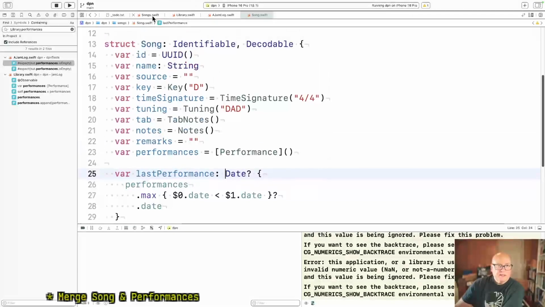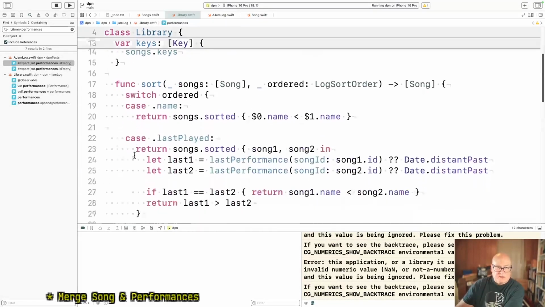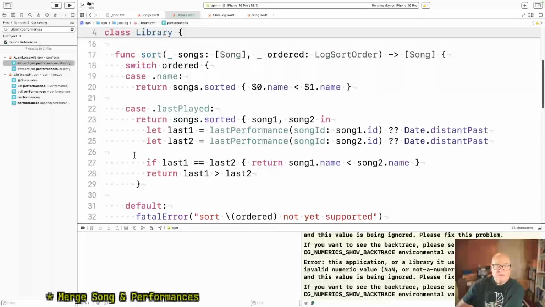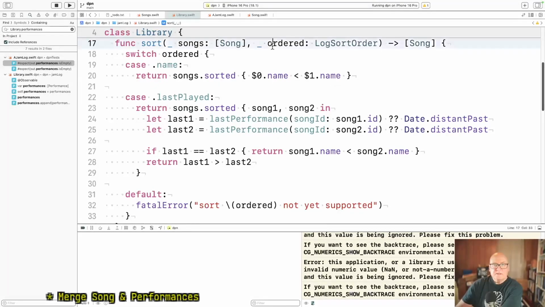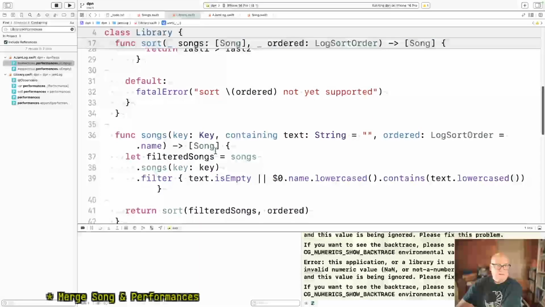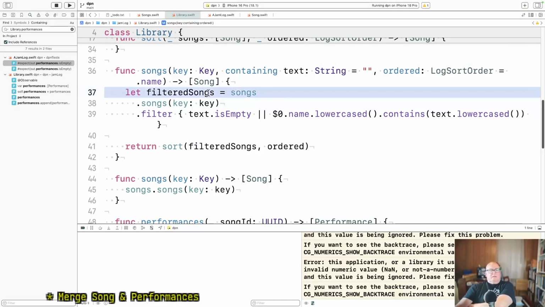All right, so I guess the question would be, is there stuff that can move from library to songs? This we'll hold off on. Songs for a key. Well, that seems like it's songs anyway.